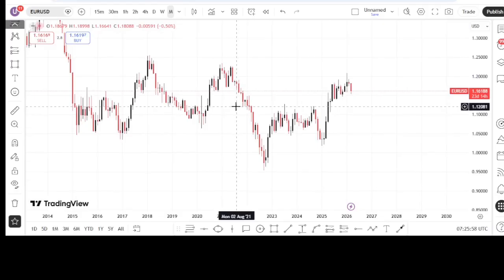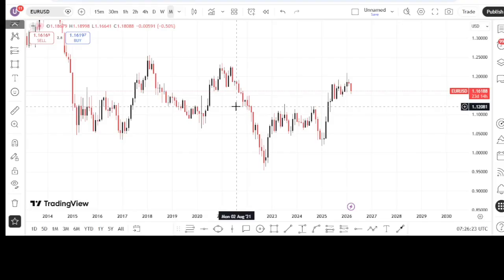But the problem here is that this is monthly time frame. Structures here are massive. Even before candles can move in your favor here on a monthly time frame, it will take weeks, months. So there's no need for us to start pressing buy or sell on a monthly time frame. We just use it to get an overall expectation of price. Okay, so in my previous lessons I've dropped so far, in all these lessons you are seeing on the screen,